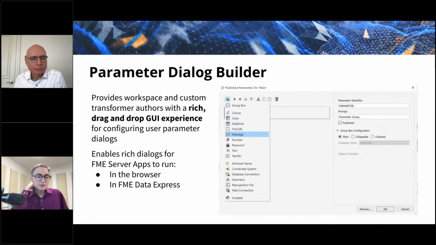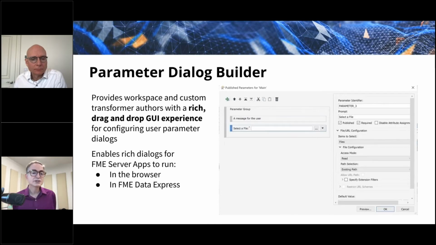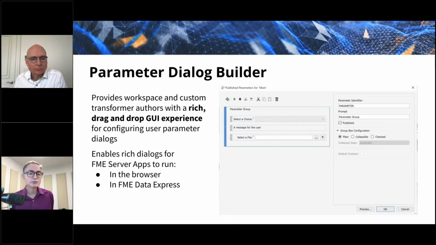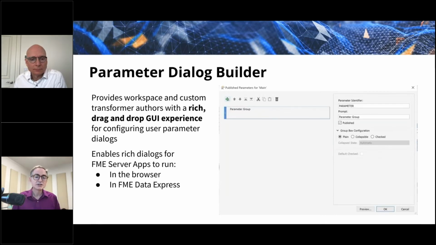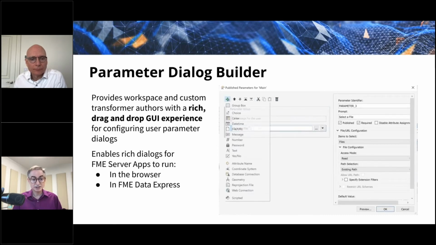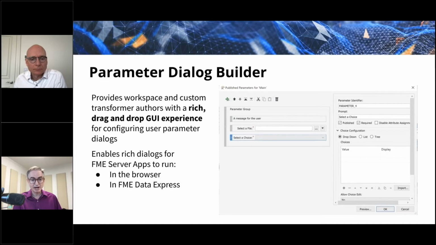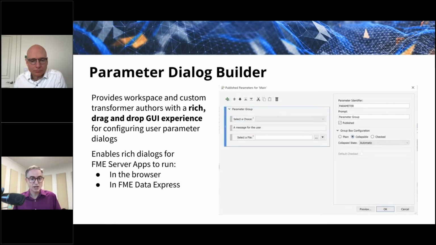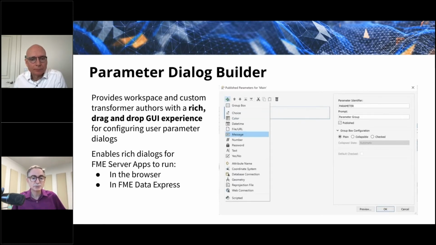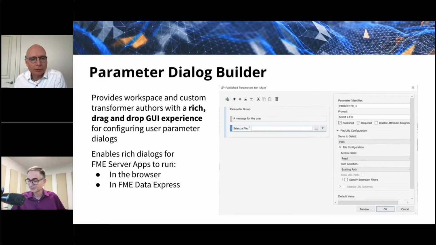This is probably the marquee feature on the UI. If you're in the business of making custom transformers or FME server apps, you now can build really nice dialogues so that you can have nesting of things, and you can basically build rich dialogues. And this is setting us up so that in the future, customers can build custom transformers with as rich dialogues as we have built right in the product. And eventually, server apps will have the full power of this too. It's going to take a little while to get all of this synchronized across the platform, but this sort of plants the flag and shows you where we're going. Absolutely.